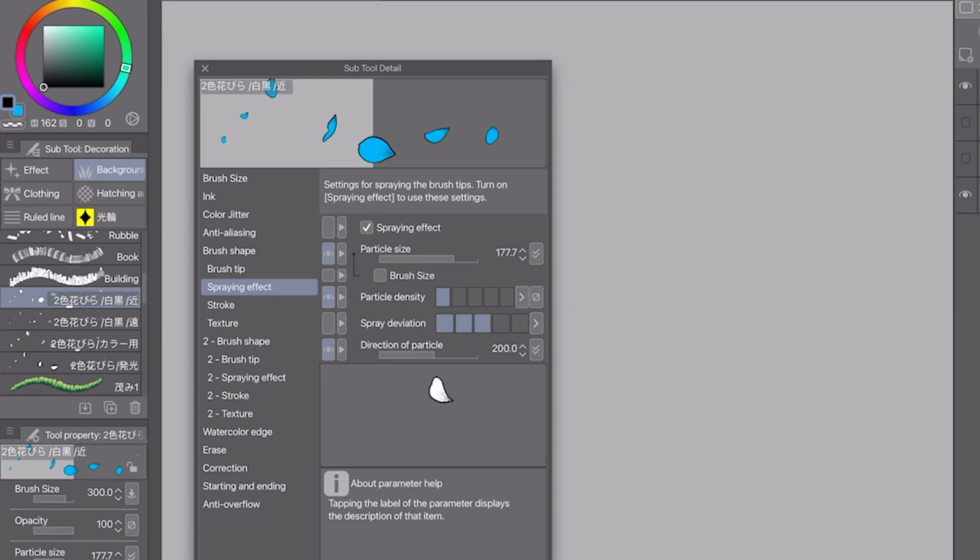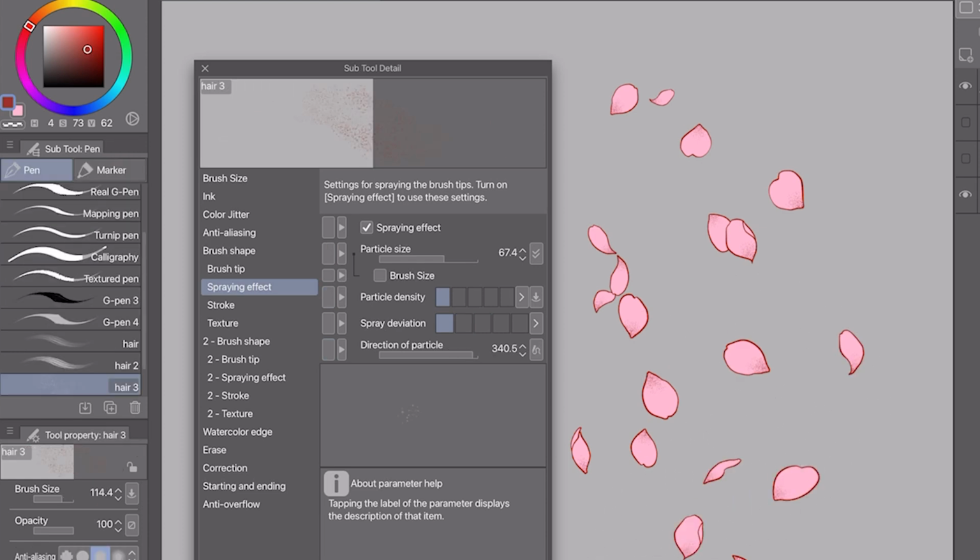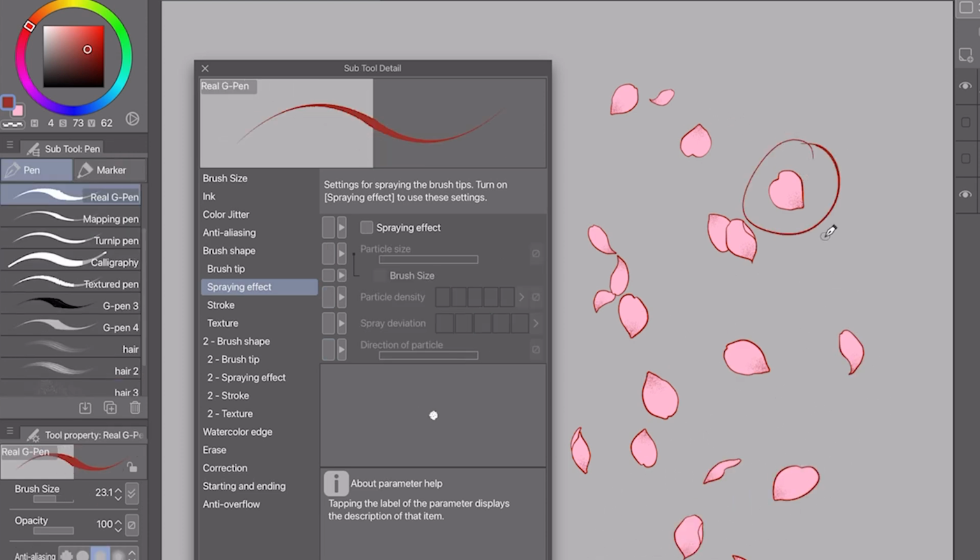Okay, but let's try and make something a little more intricate, just like this petal brush right here. I can change the main color and the sub color, and this would show up in the brush. It has a spraying effect of these petals, but you can see that each petal has some difference to them, like this one compared to this one, or this one. So moving on to making a brush with multiple materials and changing colors.